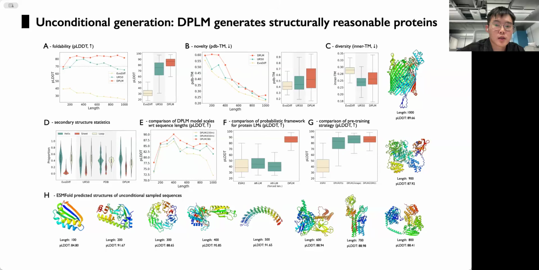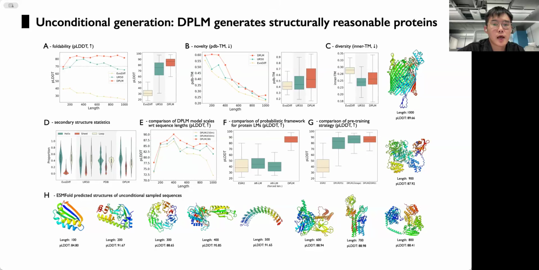I will answer the last question. How long a sequence can DPLM be used for generation? Notice it was getting worse in terms of pLDDT when sequence length increased. How about binder generation in the case of protein complexes? Okay, so for the length DPLM can generate,